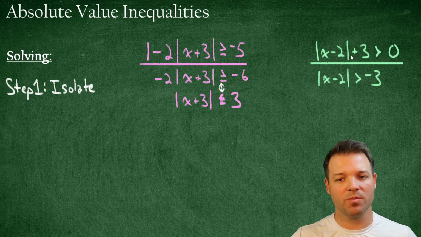The one in green was a little bit easier. All we had to do was subtract 3 from both sides, and we ended up with the absolute value of x minus 2 is greater than negative 3. All right, so step 1 was isolate. Now the next step